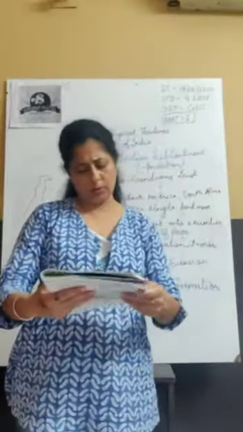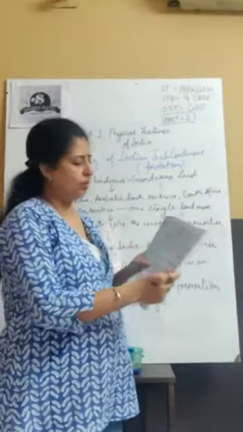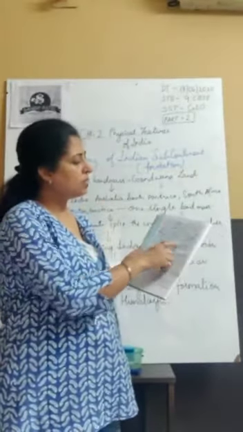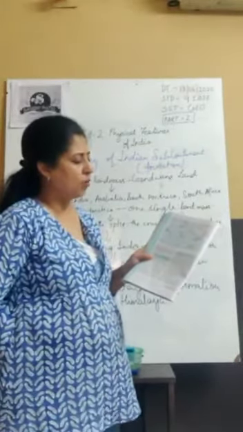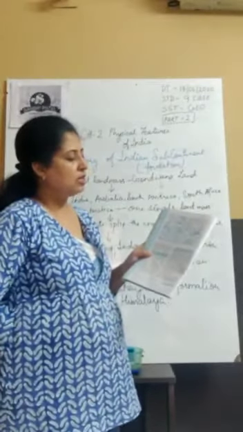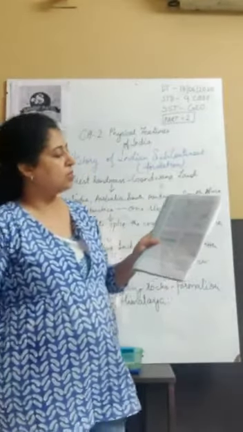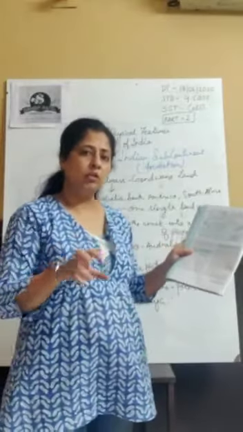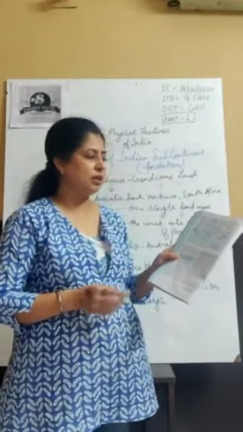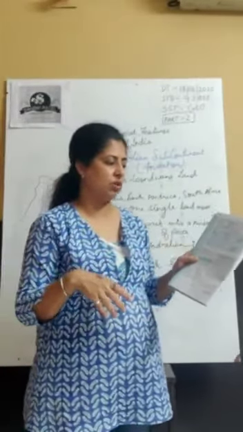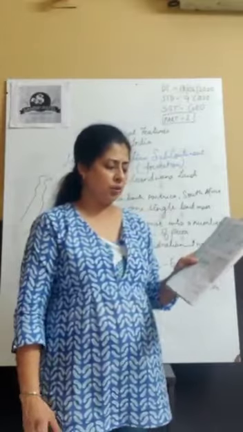If you look at page number 8 of your book, what we have studied till now, before we move on to the Himalayas, I just want to add to this. In this map, you can see different boundaries: destructive plate boundaries, constructive plate boundaries, uncertain plate boundaries, and direction of plate movement. All the continents, the landmasses over the earth's surface, or the plates, have different types of boundaries. Destructive boundaries are there, then we have constructive plate boundaries, then uncertain plate boundaries and direction of plate movement.